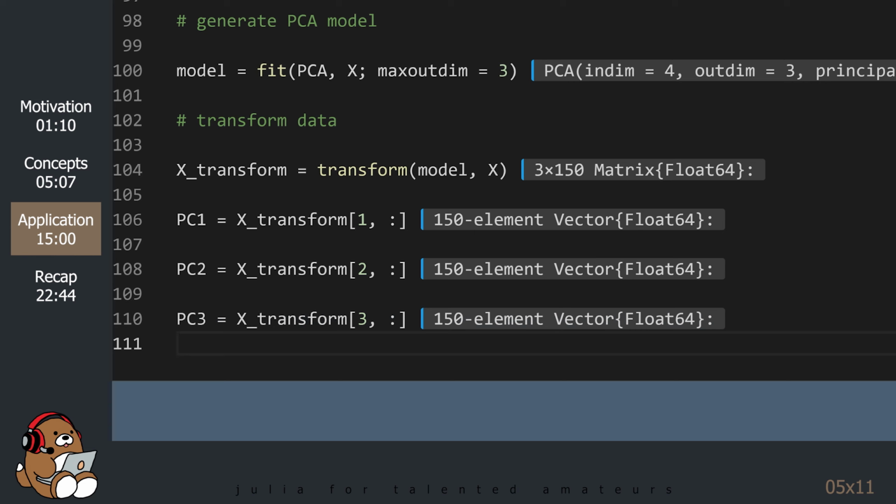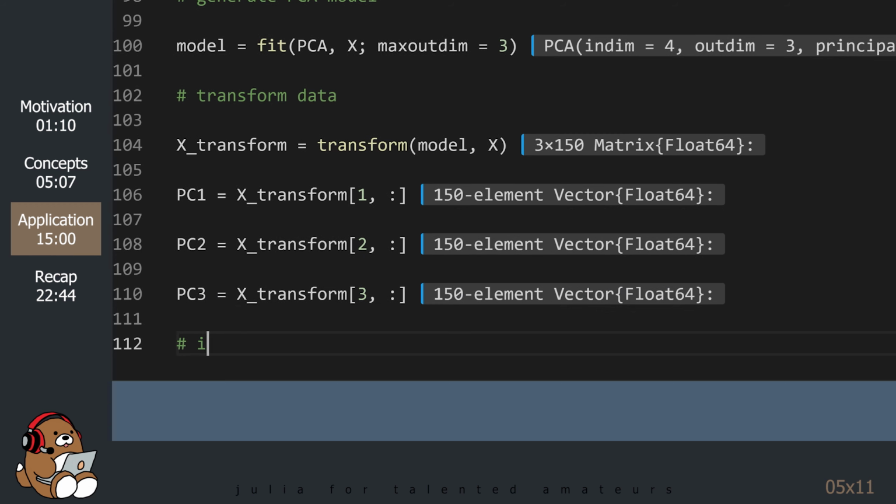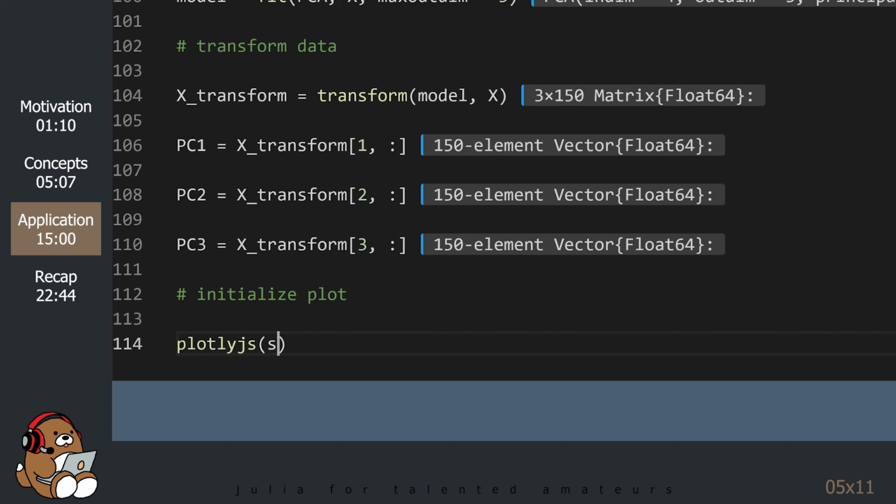Notice that this new transformed data contains 150 samples, which is the same as the original iris dataset. We can now generate our plot. I'm going to use a slightly wider aspect ratio for this plot.